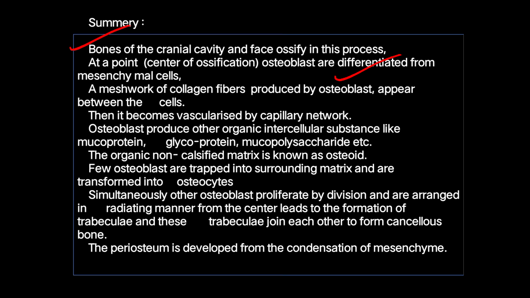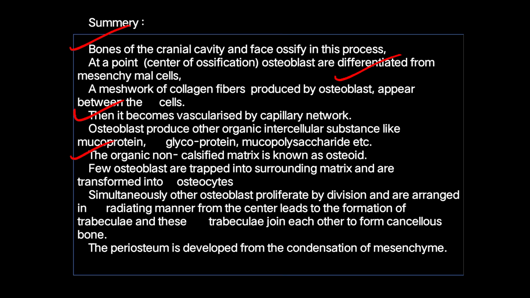So first the osteoblast forms from the mesenchymal cells, and then from the osteoblast there is formation of collagen fiber, and then the collagen fiber becomes vascularized by the capillary network, and the osteoblast produces other organic intercellular substances like mucoprotein, glycoprotein, polysaccharides, etc.,